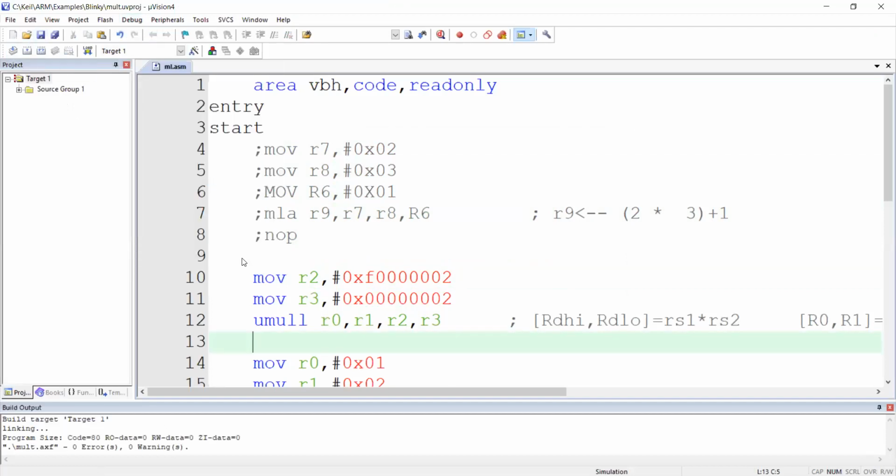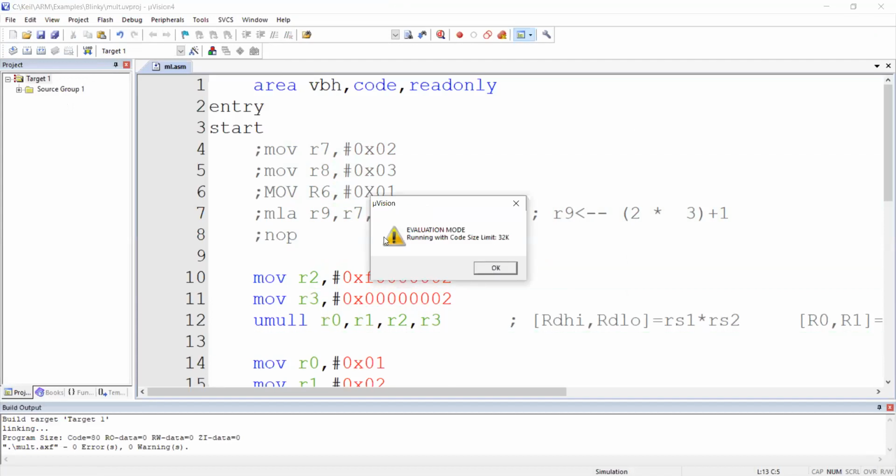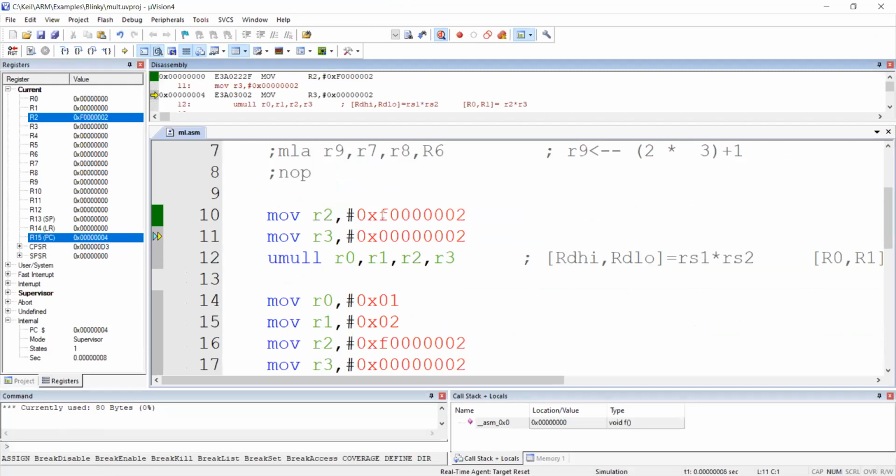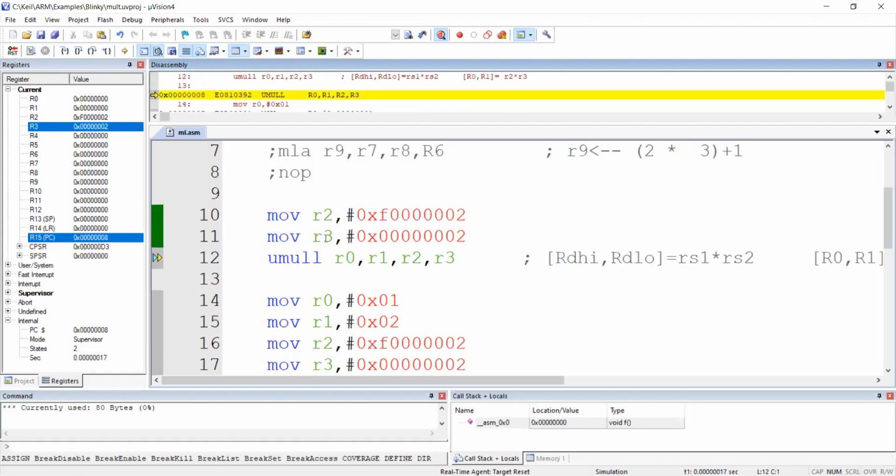Fine, debug. This I have already shown once. Since I felt this program is very important, I am taking it again. So what is the first number? F, 6 zeros and 2, which is present in R2. Please do not take numbers in R0 and R1. That's very important. If you do, the values will be lost once the calculation is done. So keep R0 and R1 free for all the possible long multiplications. Okay, next, the second number is 2, which is in R3.